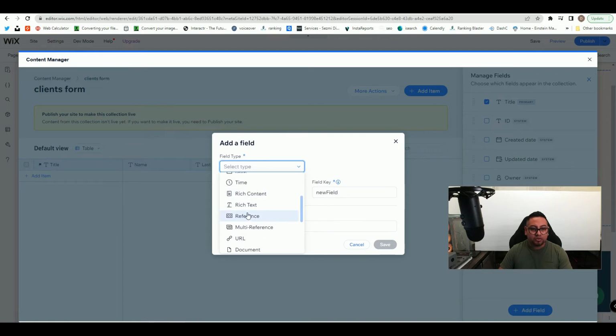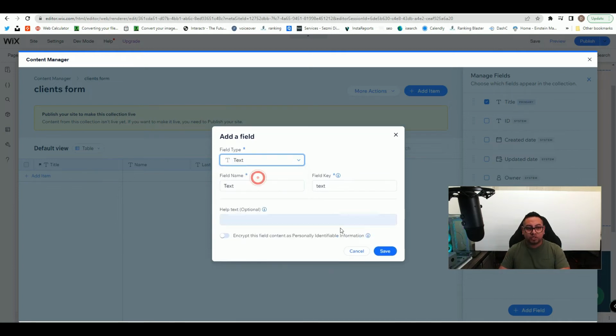If you're adding some type of content like a description, things like that, you can also use text, which won't allow you to change the different size of text, none of that stuff. But if you go to rich text, you're going to be able to upload bullet points, numbers, change the font, things like that. So on this one, we're just going to leave it as text, and we're going to name it description,